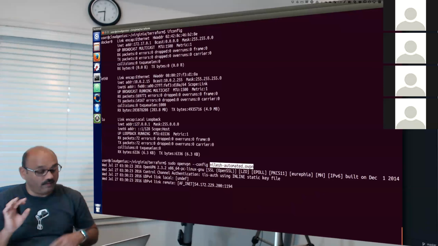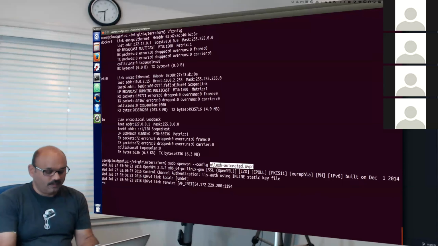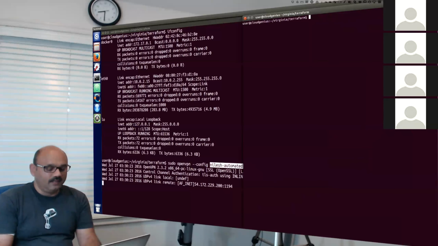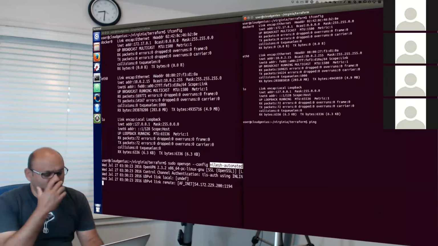So now I have connected. And we can open a new terminal right now, and in that terminal, we'll examine what is our IP configuration. And we will also see if we can ping. Let us see if we actually succeeded in connection or not.